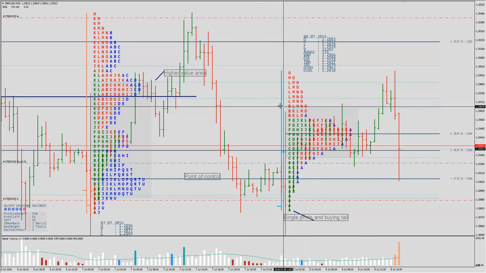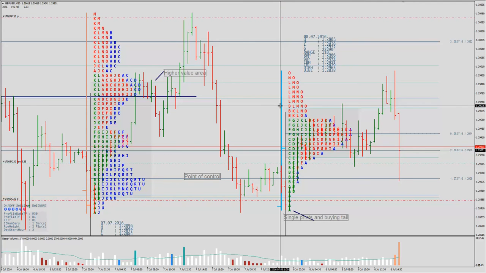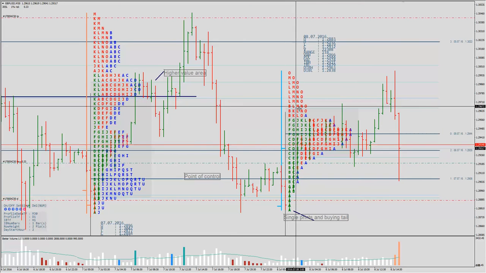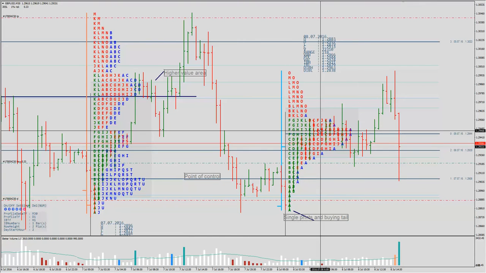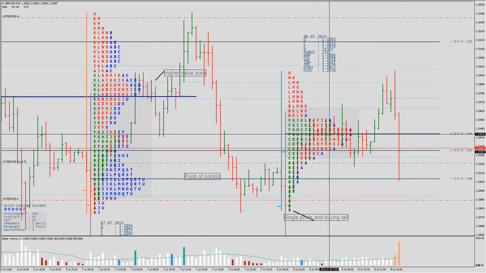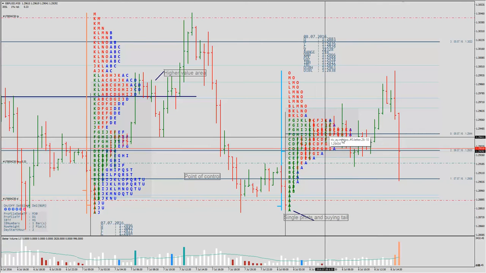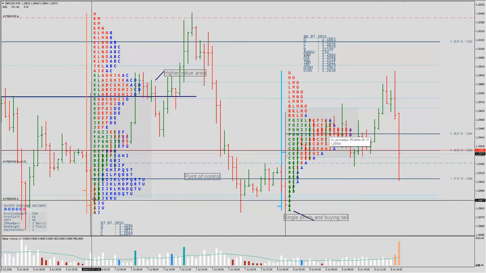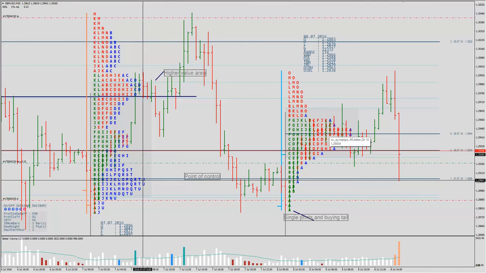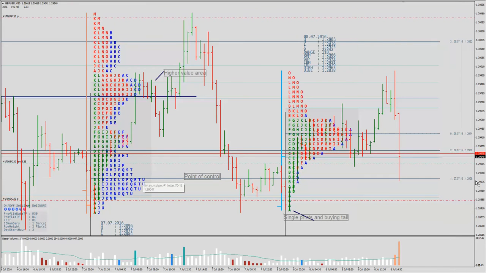We have here the value areas and the point of control. That is about the key basic things. Point of control is the area where the price traded 70% of the day. So price traded 70% of the day, for example, here yesterday, and that you see point of control